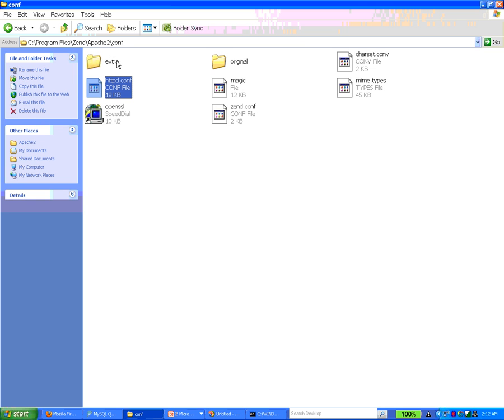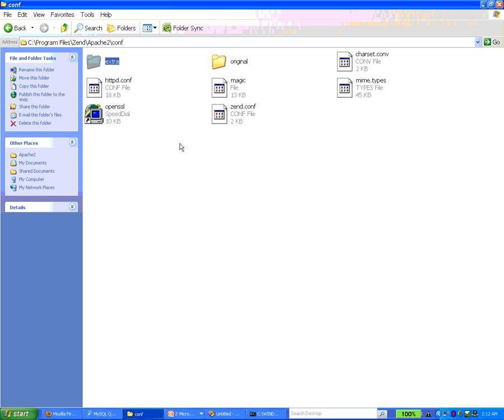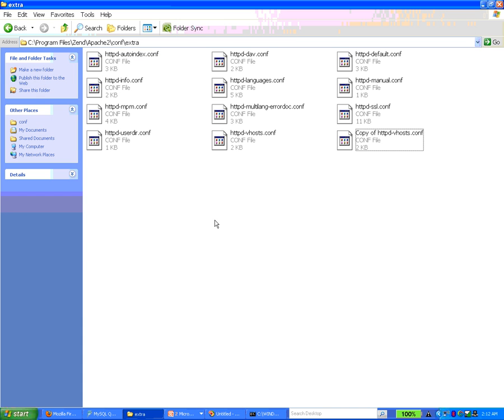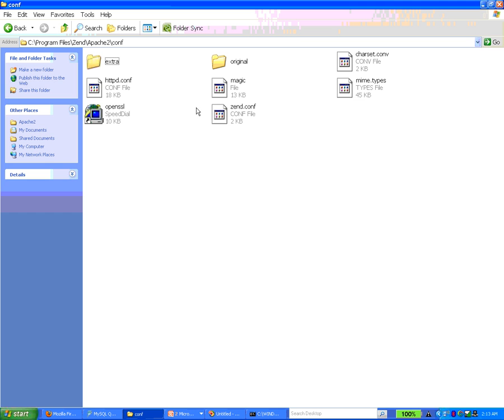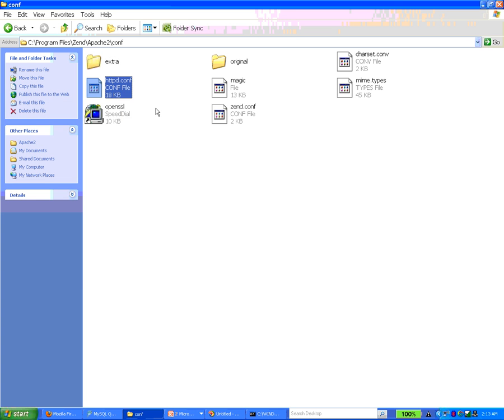I think it also includes some configuration files from the extra, and you can see there will be some virtual host related configuration file. Let's see httpd-vhosts.conf. Here the virtual host configuration will take place, so we'll make use of this file as well. Okay, I think the main thing that we need to do here,